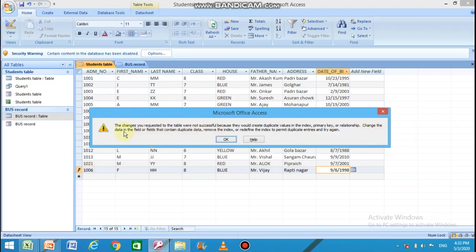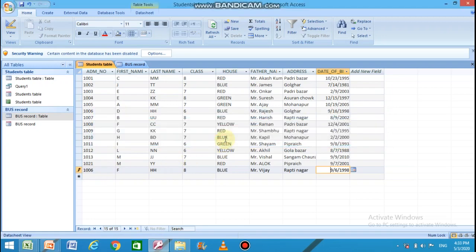Change the data in the field or fields that contain duplicate data. Means unless we change this data, Access will not accept it and will not save it into the database. So we have to check this admission number and change it.